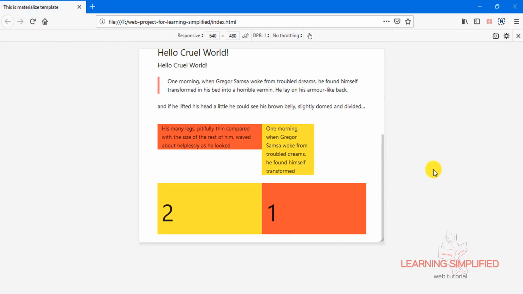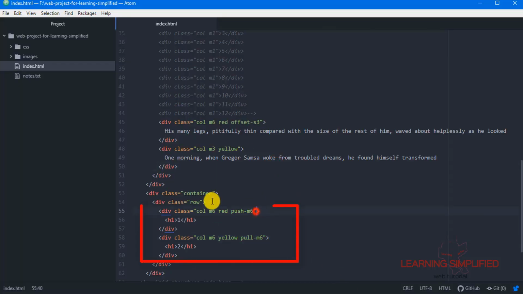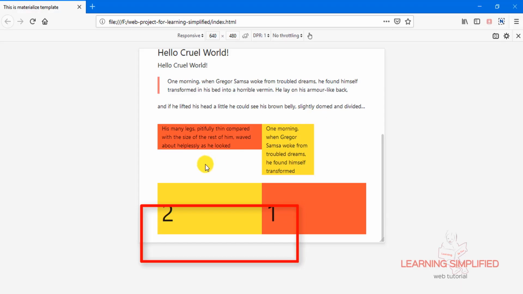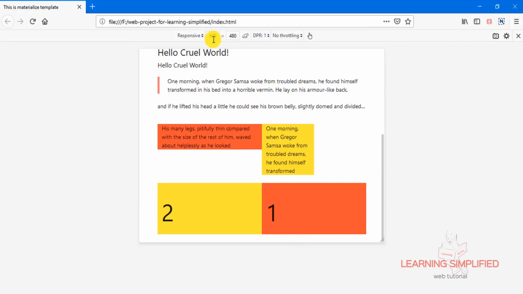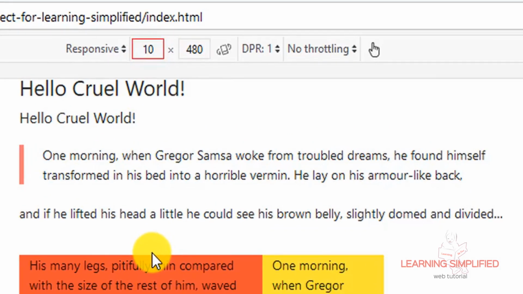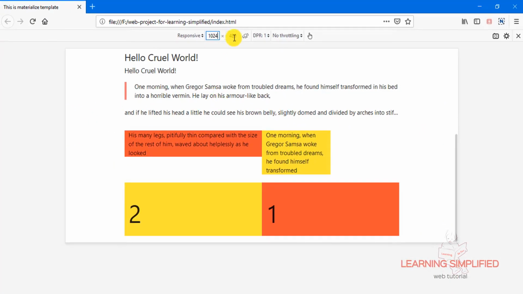And now we can see that for this medium width device, we have specified in our code, in our instruction, that for medium width device, this particular red box should be shifted 6 columns to the right in case of medium device width screens. And this exact same thing is being depicted over here. If we had a longer device width, we can see that the exact same thing will be observed, the same result. The result will be the same over here.